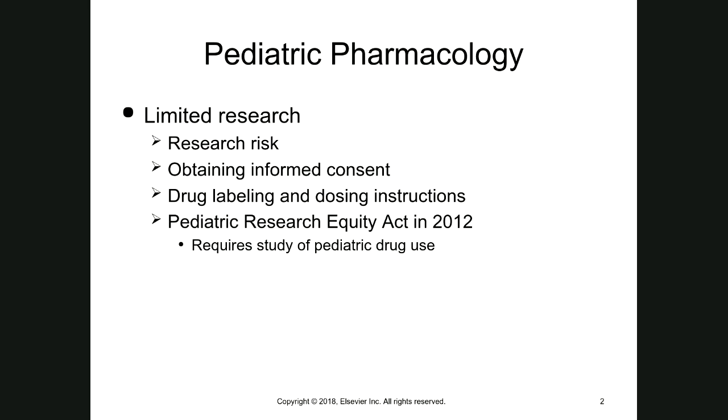There's a big difference in changes in the amount of medication, how it's absorbed, the metabolism rate. So all these different things you're going to have to consider in patient safety with